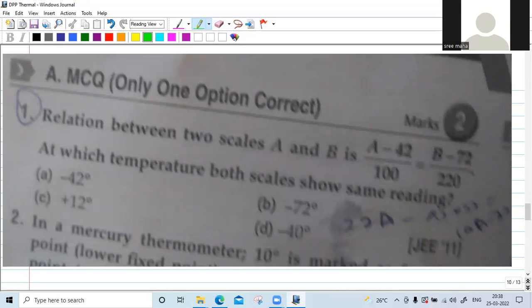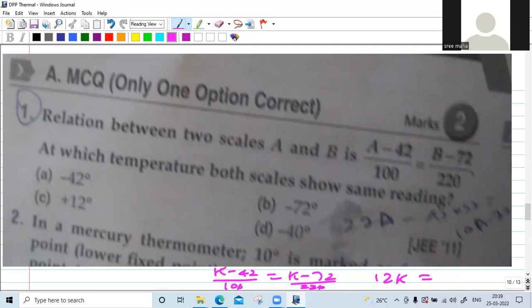So this K minus 42, right? 100 equal to K minus 72 by 220. So 22 into 10 will be equal to